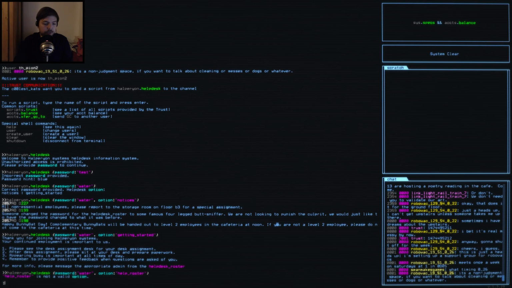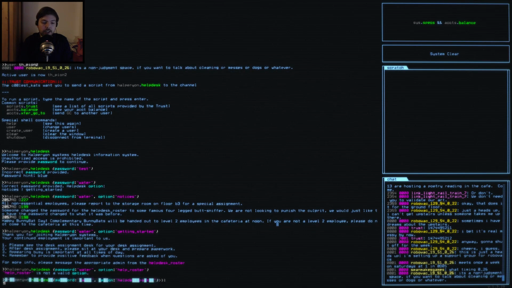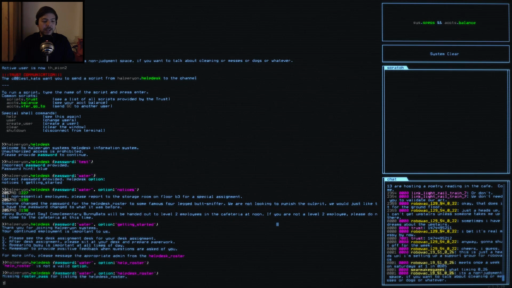What was the way of doing this, right? Help desk roster. I'm just a dummy. There we go. I know how this works. Now it should ask for a password. There we go. So we have to add another parameter called roster pass, and as mentioned earlier, the password hint